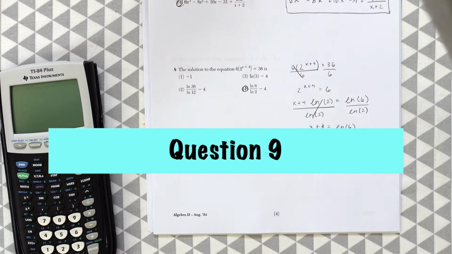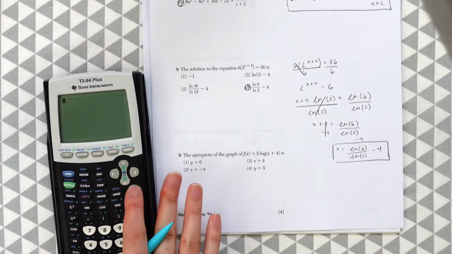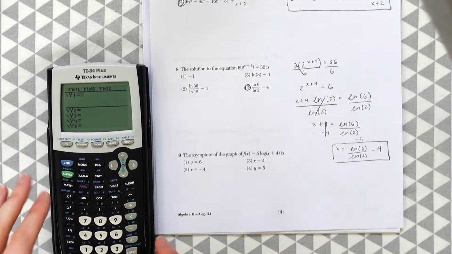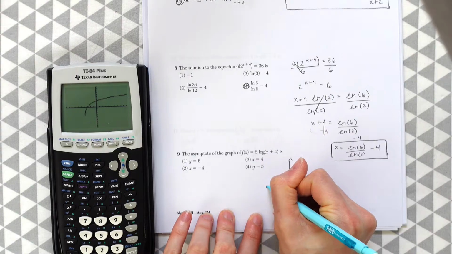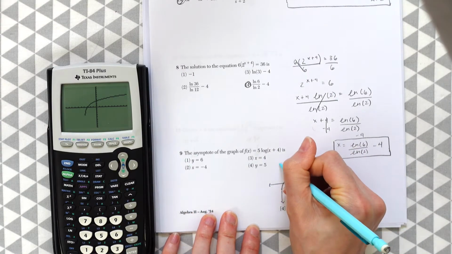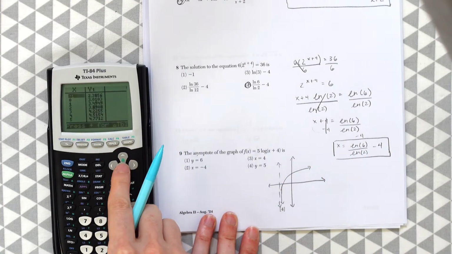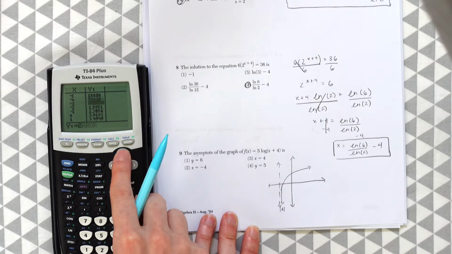Question number 9. The asymptote of graph f of x equals 5 log of x plus 4 is what? So first thing I want to do is go to y equals on the calculator and plug this in. So we have 5. So just to sketch out our graph, you could see what this looks like. There's an asymptote right here at this point. So let's look at what value that might be. So it's going to be a negative value, and it looks like it's at